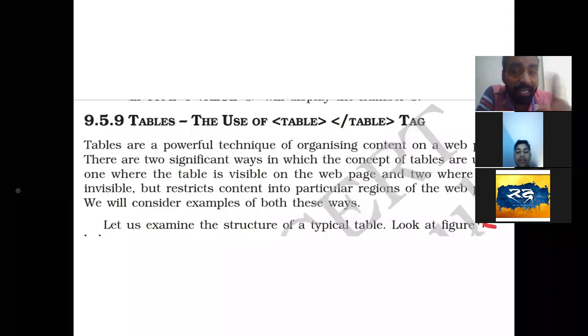But if you create a table to show your information with the help of rows and columns, then automatically the users, the audience, the viewers' glance goes towards the table.